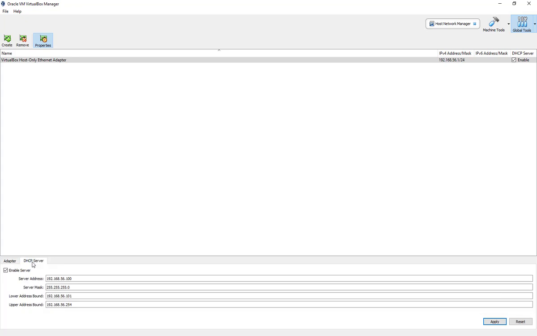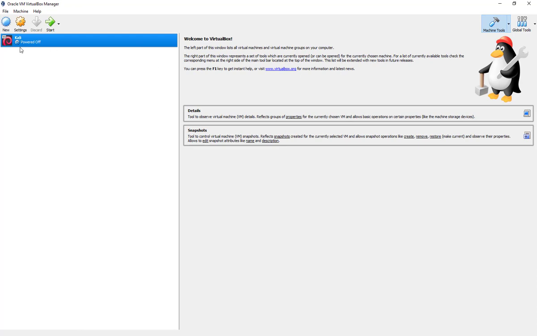Let's make a change to the DHCP server. So we're going to change this to 10.0.1, 10.0.1, and 10.0.1. So those are the changes that we're going to be making. Applying the settings. Just say yes. So now we have the host-only IP network, and we can go back to this one, and we have the